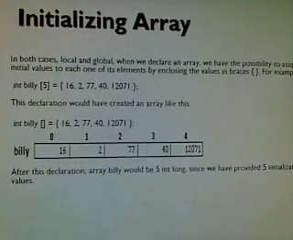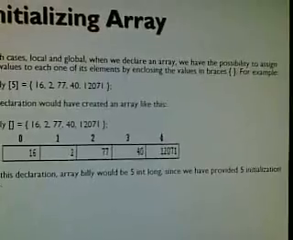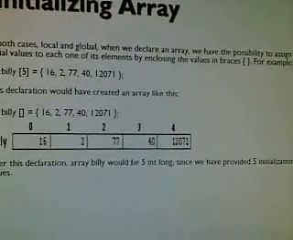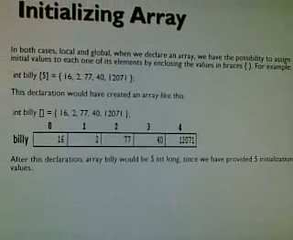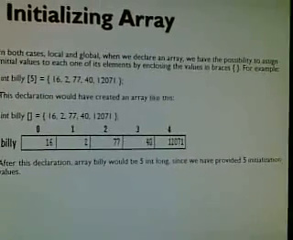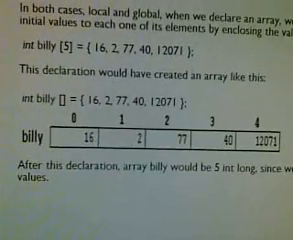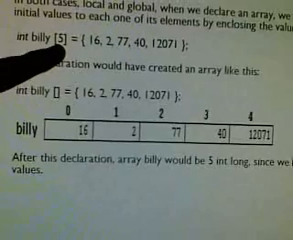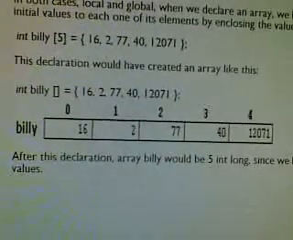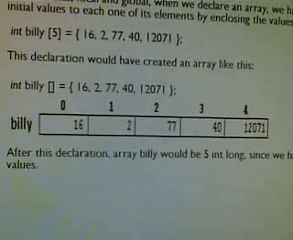Initializing an array. In both cases, local and global, when we declare an array, we have the possibility to assign initial values to each one of its elements by enclosing the values in braces. For example, int billy[5]. The size of array billy is 5, and these are the elements. This declaration would have created an array like this: